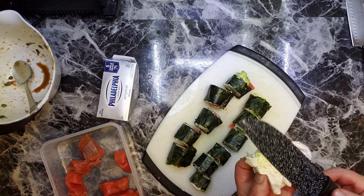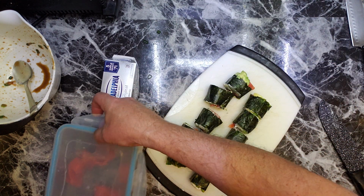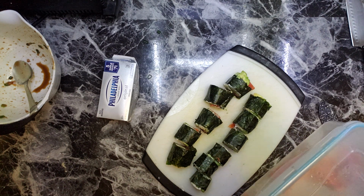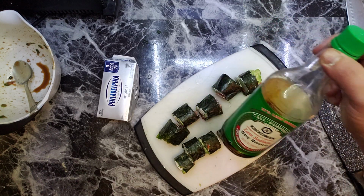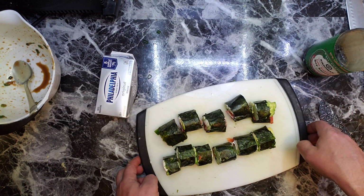So I have soup from yesterday. I'm going to eat the soup in a couple hours. And I'll eat maybe poke. And for now I'm gonna eat this with soy sauce and wasabi blend. I wanted to talk about